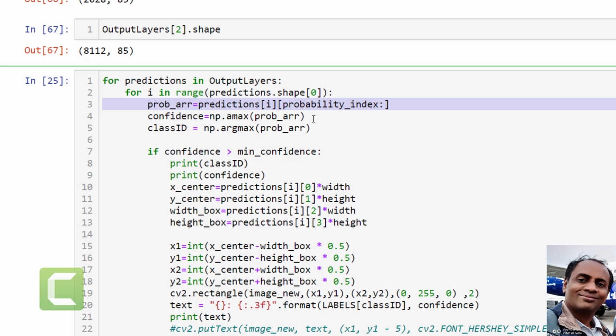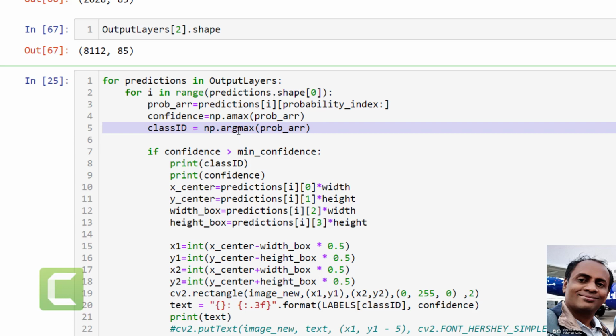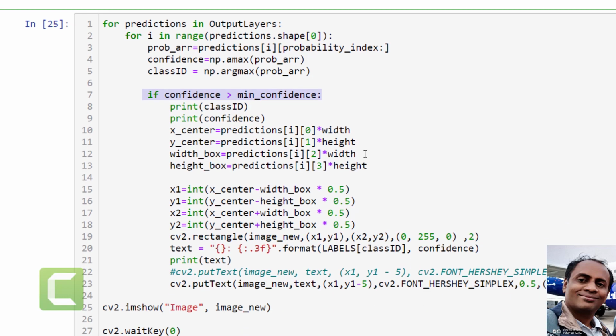Okay, and now I would take the maximum confidence of any detection. This will give me the maximum detection of any class, and the corresponding argmax, np.argmax, will give me the corresponding index. Now I will only process it if it is greater than 0.5. That's considered a proper detection. Otherwise those are basically ignored.